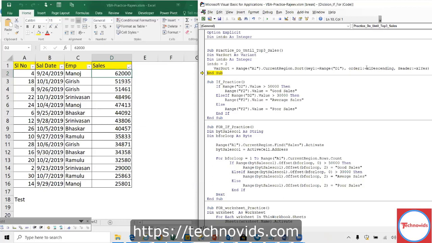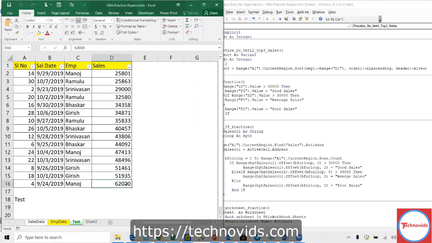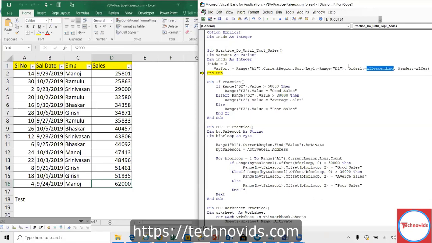So let us change this to ascending. Excel ascending, not XLS. Excel ascending. Okay. So now it should reverse this whole thing. Okay. Did not 25, 25, 29, 32. Okay. 62 is the last one. So our problem statement is a descending one. Correct. So descending one. So that's what we'll keep it.